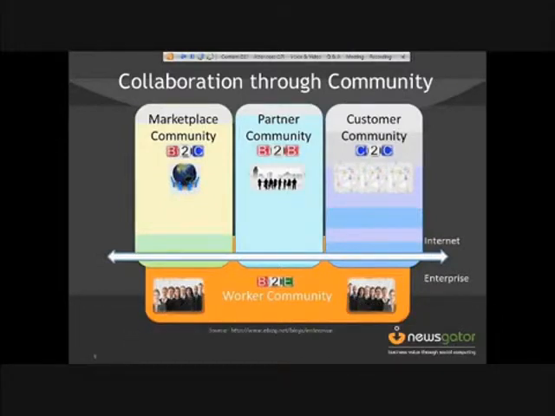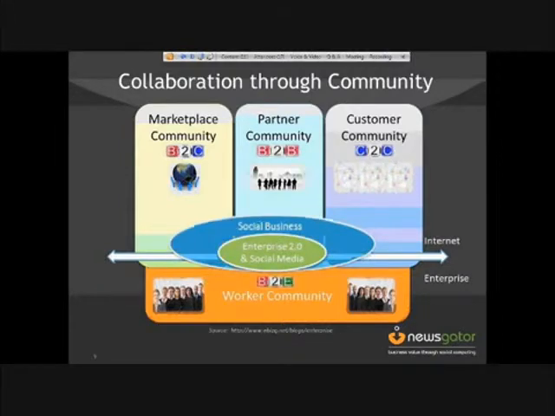The key concept around all of this is building community, and communities can represent a lot of different things. Most companies are focused around Enterprise 2.0 and social media, but they haven't really gotten into social business. They haven't figured out how to build these communities and leverage them from a social business context. And around all of this is the concept of community management, which I think most folks don't pay enough attention to.